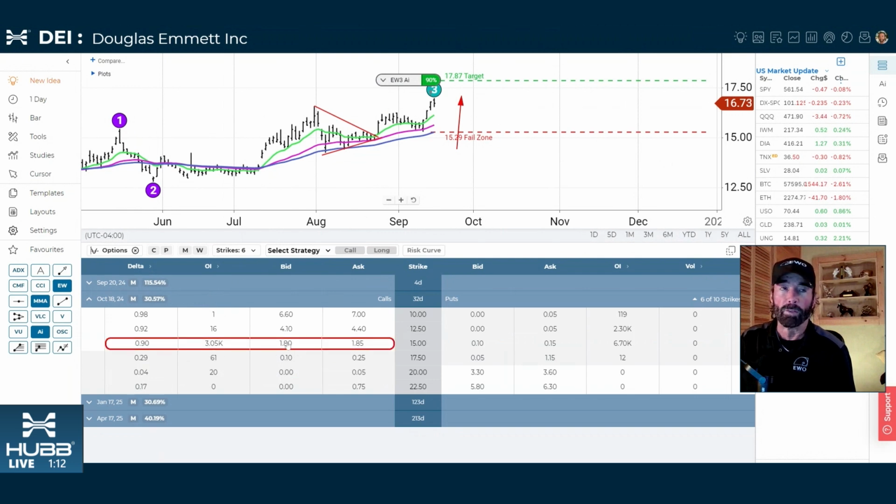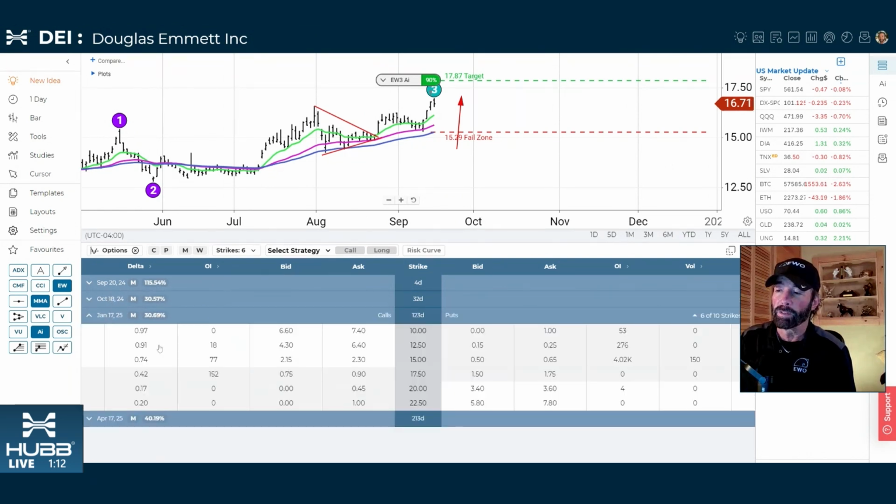So the market makers have moved it to the bid, but just keep it there with that much open interest. If we have to get filled at the 185, we'll do that. But that's where we're sitting right now. And then if we were to go to the Jan 25 options, you can see down here now